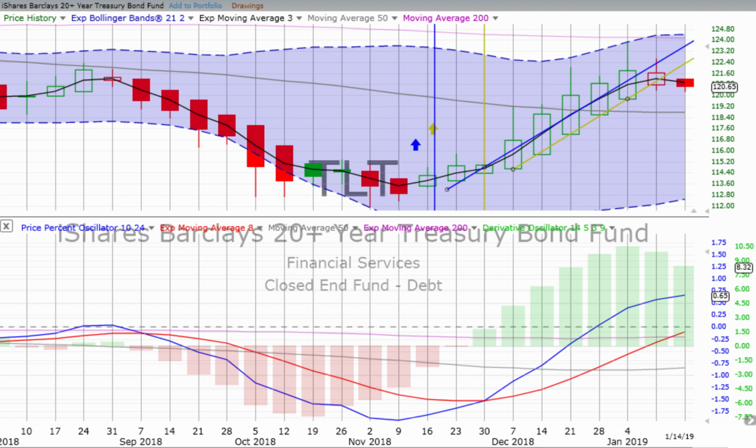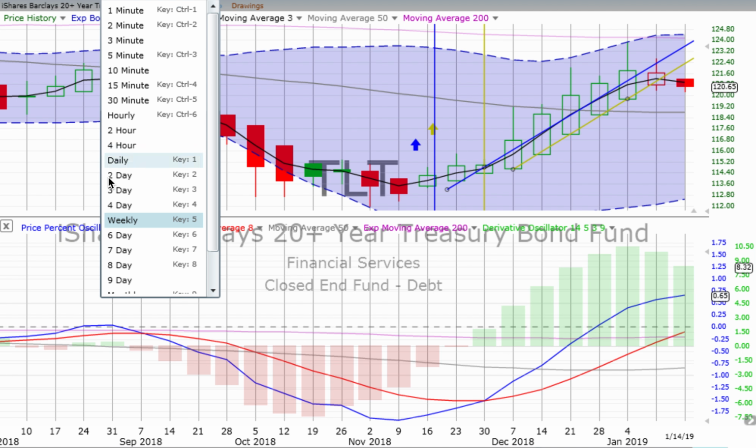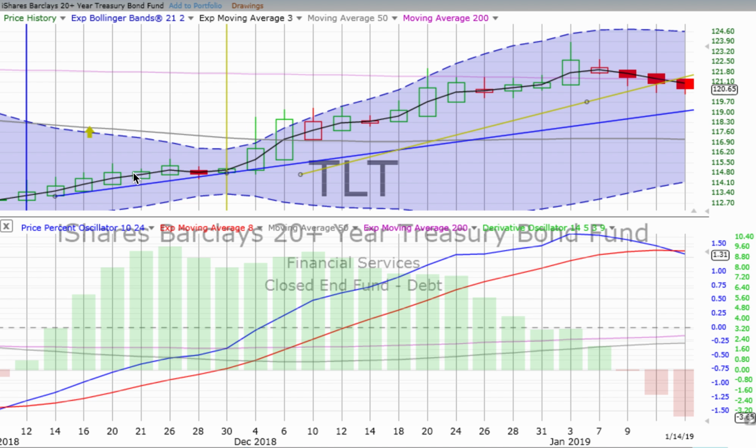Now, bonds also down 0.37%. We do see stronger down movement reflected in bonds with a red down candle starting the week off. We had seen slowing the prior week of the red open box candle. Price percent oscillator appears to be flattening. Derivative oscillator losing upward momentum. Price, of course, has now dropped through the weekly trend line. Still in a confirmed up move, but that price drop over is concerning about continued up movement on bonds.